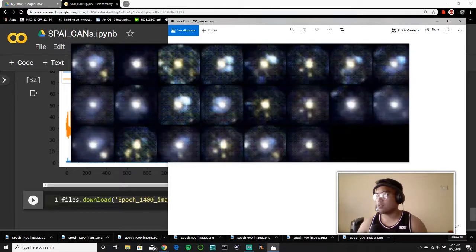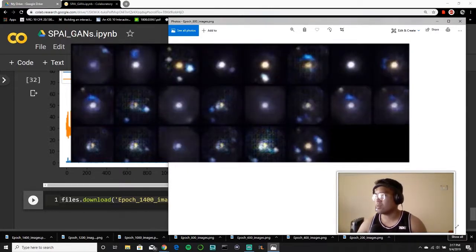So let's go to epoch 600. Okay, it's a little messy still, but that's okay. And these are already a lot cleaner. You could start to see a little bit of mode collapse here. So notice how a lot of these samples have this feature, and those images have the same lensing